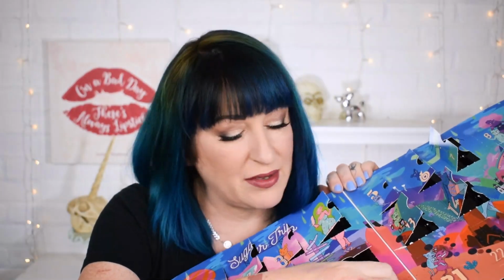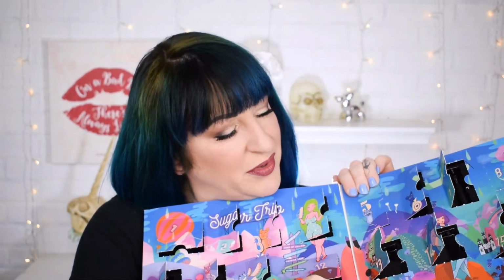Number 20, we have another Whipped Wonderland eyeshadow in Whipped Mocha. And this is kind of a deeper, it's matte, it's deeper. I can get behind that. I like that. 21, only have 3 more after this, and this is another lip, but it is a very